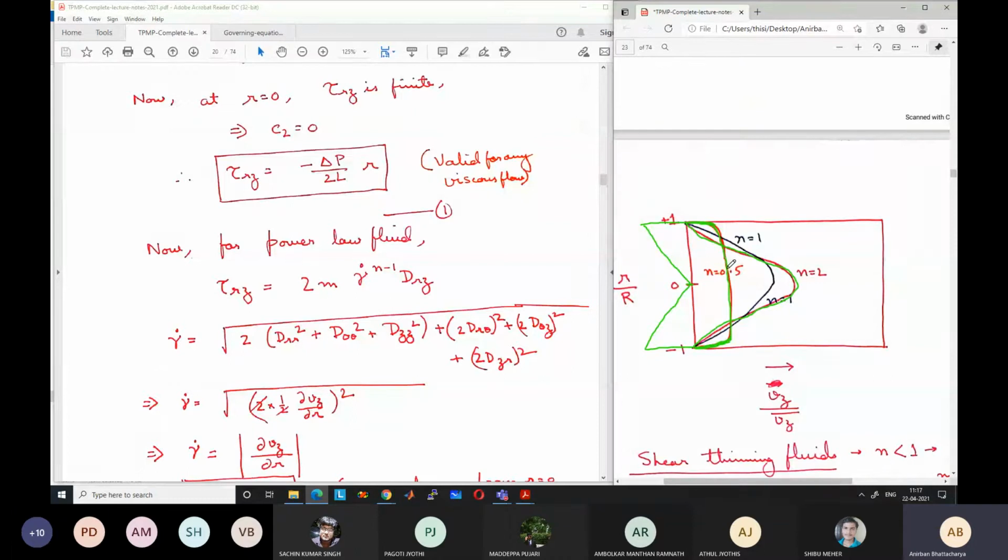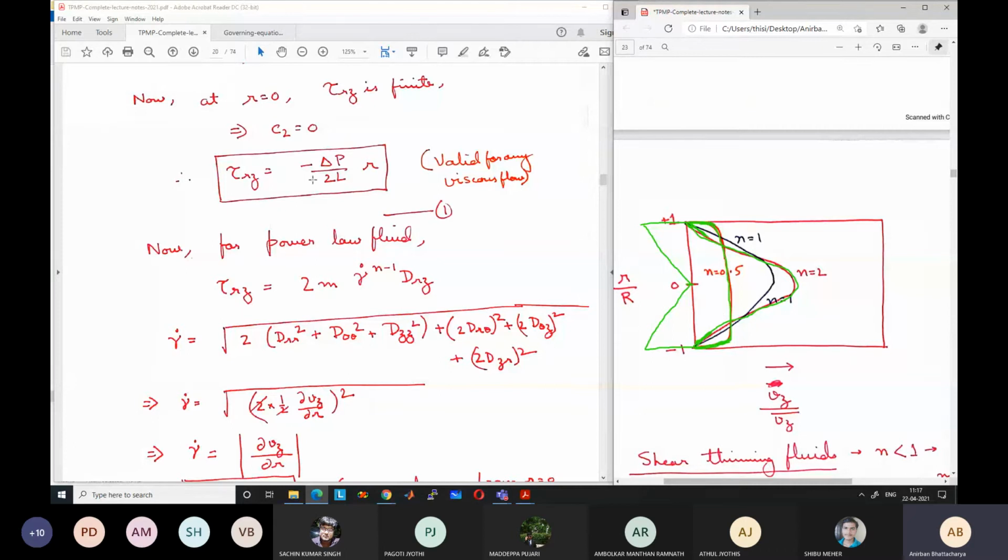at the center. On the other hand, for shear thickening fluids, the viscosity is actually high at high shear stress. So for shear thickening fluid towards the end, at the end region near the wall, the viscosity is very high. Okay, so if the viscosity is very high, then with a smaller del U del R, smaller change in velocity, you can get the same shear stress, because shear stress is equal to eta into del U del R, right? So with a smaller change in velocity, you can get the same shear stress because the viscosity is high. So as a result, the velocity does not change much with the radius.